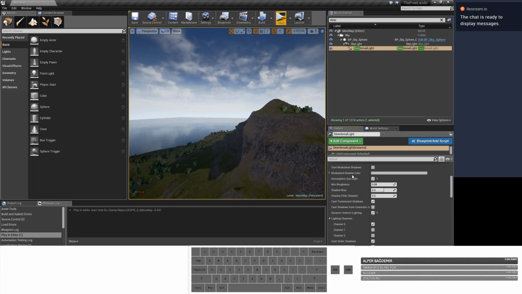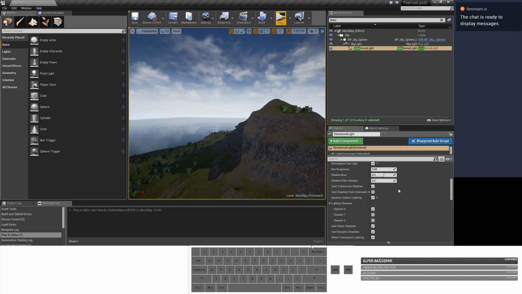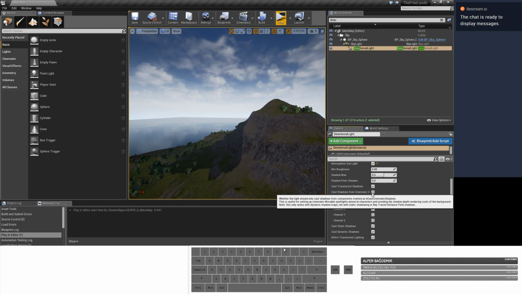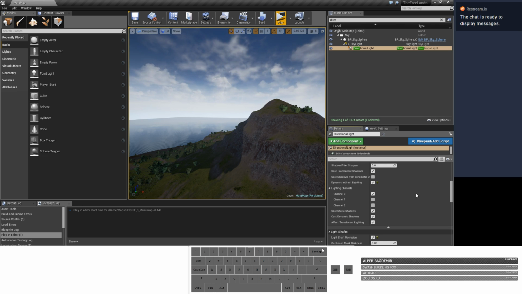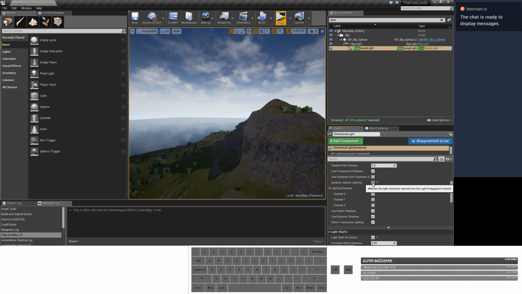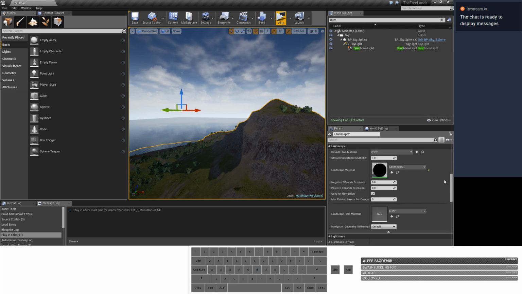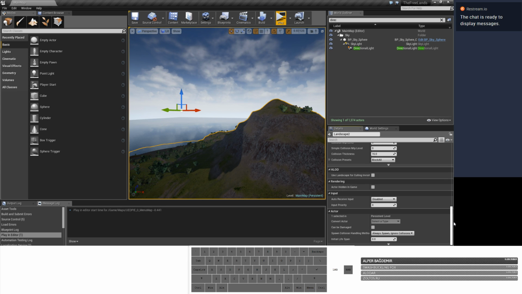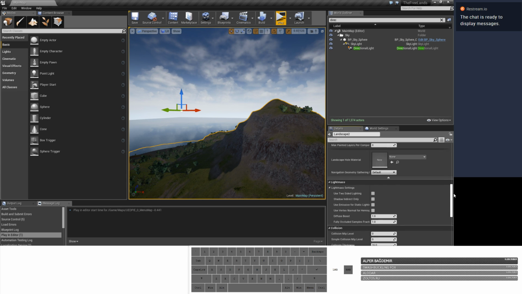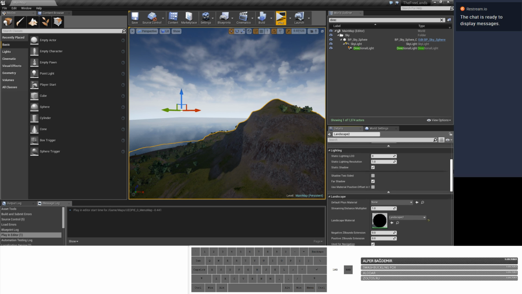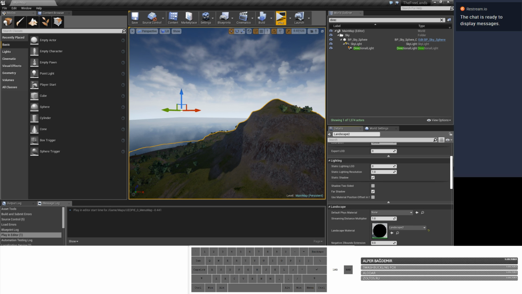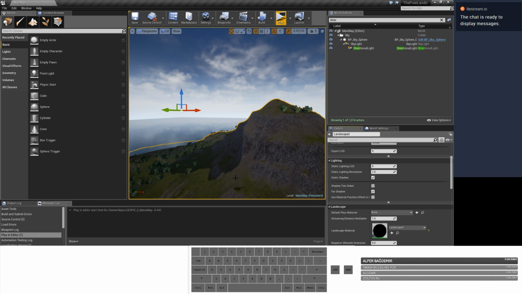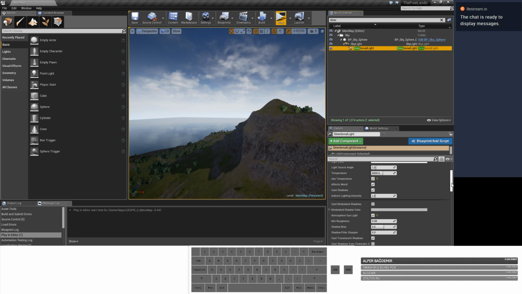Mobile only, atmospheric sunlight. Check the lighting channel on this. Wait, doesn't have channels? Oh, it is, because it's getting a shadow from that anyway. It's getting a shadow from that, but is there a self-shadow option?